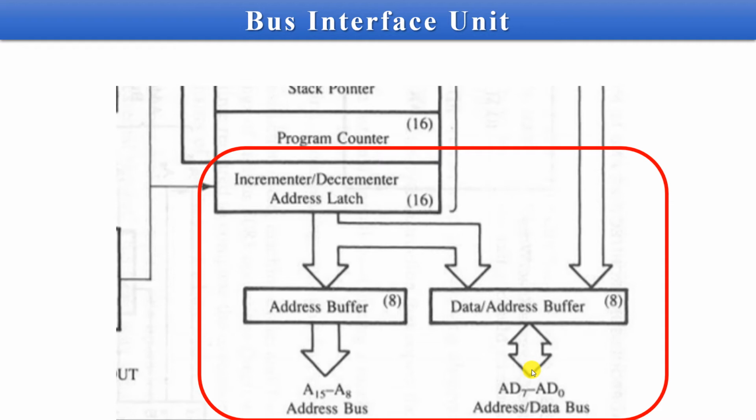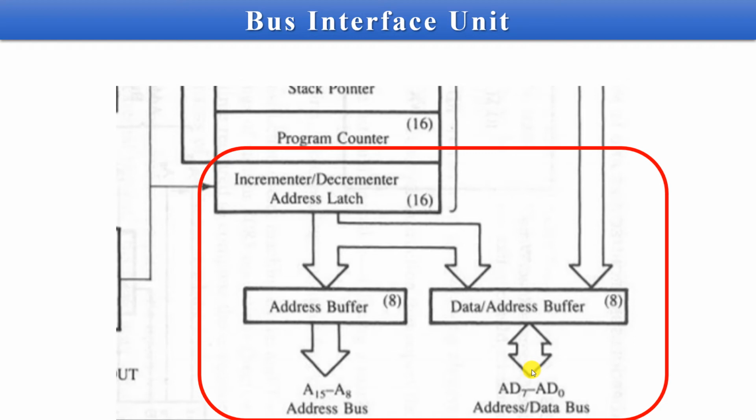So at a given time, whether it is an address or it is data can be decided, and accordingly you have to work. This particular arrangement is done in 8085 because the number of pins on the IC is limited. It is 40 only. And if you dedicate all the pins separately for address and data, then 24 pins are used up and there will be no pins available for other operations.